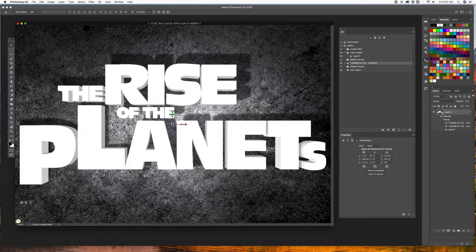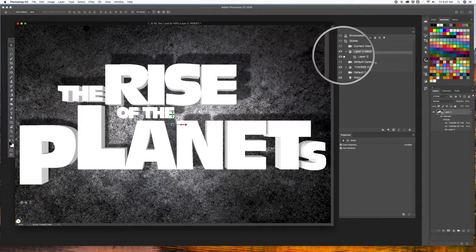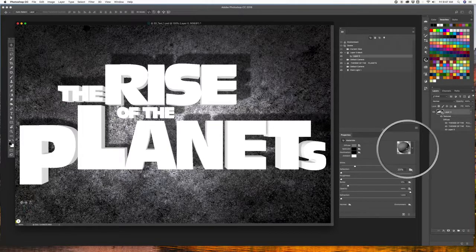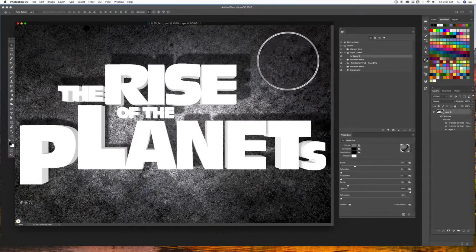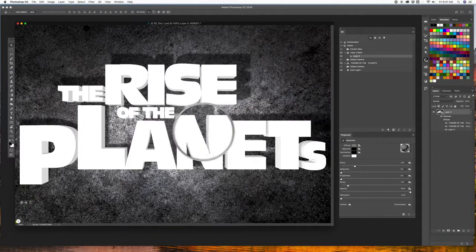All right, so we need some texture. So here's what we're going to do. We are going to click on the layer mesh, layer 0 mesh. That's our background, right? And we're going to click on the actual mesh itself so we can see some of its properties. And as you can see, it's got the shine and roughness and everything. We're going to get to that later in the semester. But the thing I really want to worry about is this little guy right here. This is what texture is currently on the background because it is a 3D object. And I want to save that texture because I want to apply that texture to my